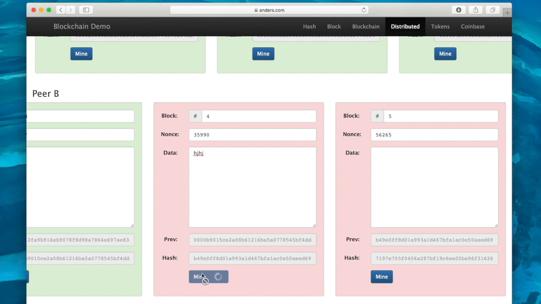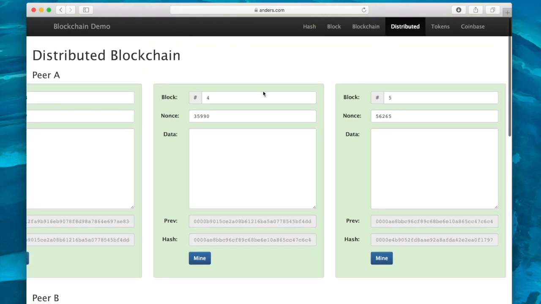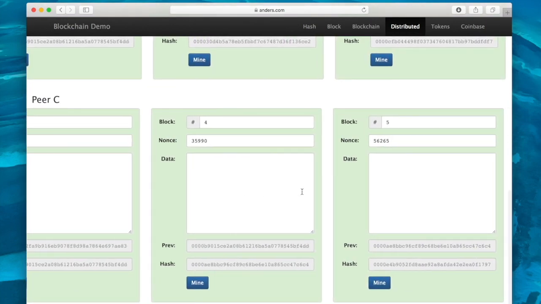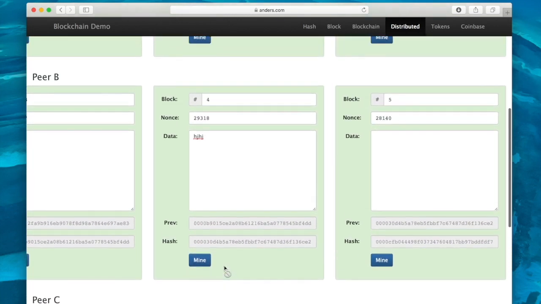I will change for block number 4. It's taking time because for some data you may have to travel a big nonce number to get the hash code. And I also change the data for, let's say, block number 5. Once I do that, what you will observe is that hash codes are going to change. So you will be able to see that for peer A, for block number 4, you have hash codes which start from 000AE8, and the same applies for block number 4 for peer C, that is 000AE8,